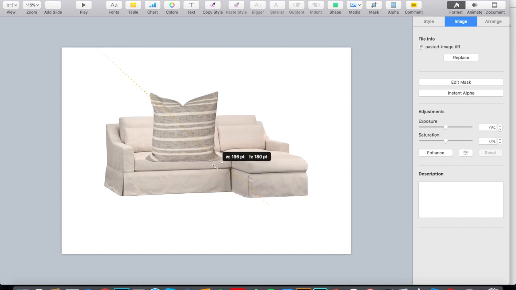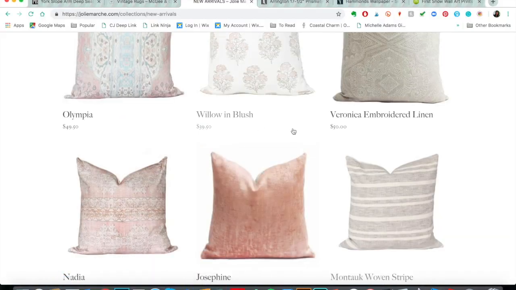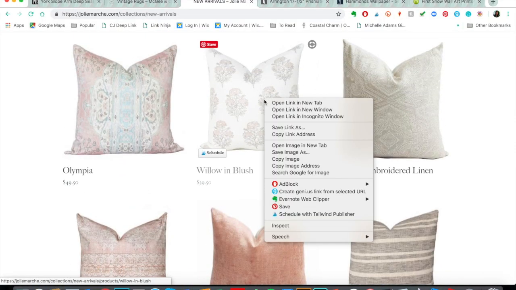Just want to select just the pillow, not the sofa. So I can just drag that and resize it. Okay. And let me grab another pillow. So I'm going to copy this image,